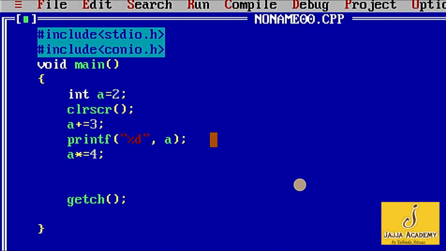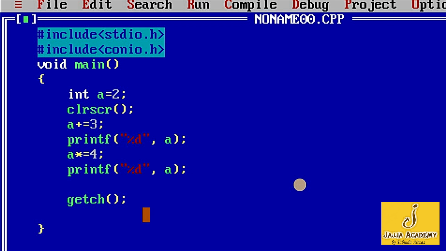Now I'll again print the updated variable A, %d. This is the format specifier used to print integer values. Now it will show two outputs on screen.